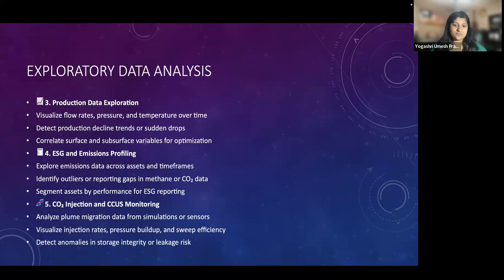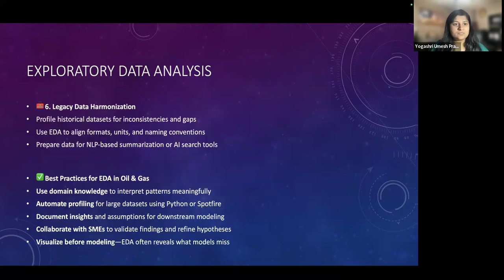You're visualizing injection rates, pressure buildup or sweep efficiency, and then you're detecting anomalies in storage, integrity, or leakage risk. Then legacy data harmonization: profile historical data sets for inconsistencies and gaps. You can align formats, units, and naming conventions, and then prepare data for natural language processing-based summarization on AI search tools.